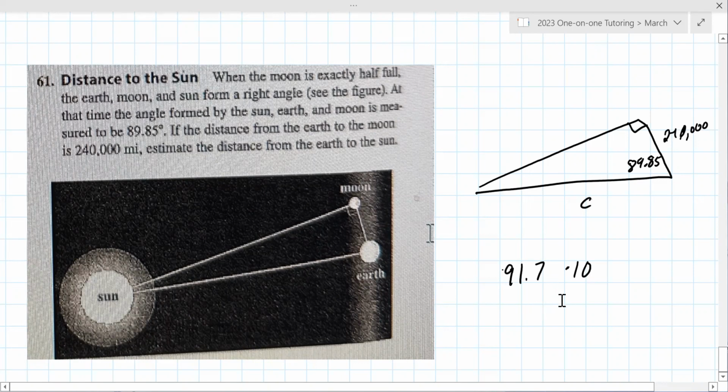Wait, I'm confused. Your answer is correct. It's 240,000 divided by the cosine of 89.85. But your calculator has like a little e, or it says 10e to the